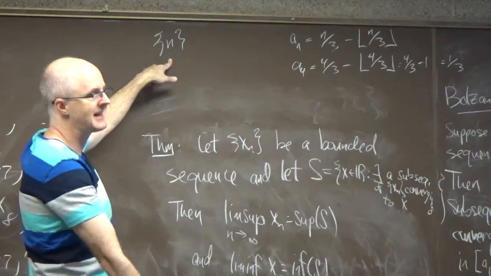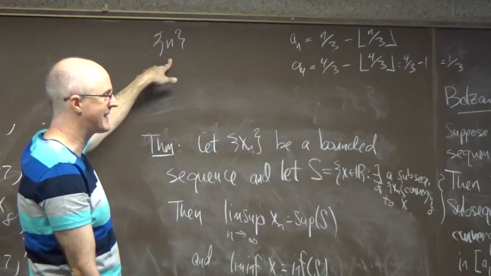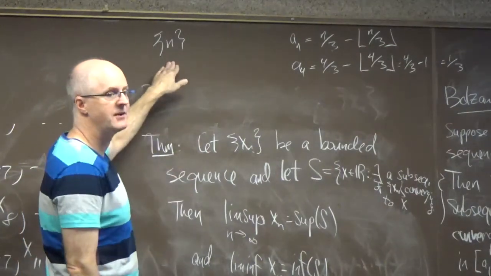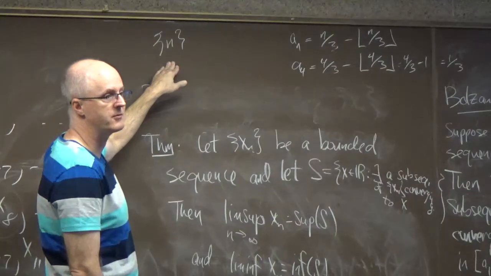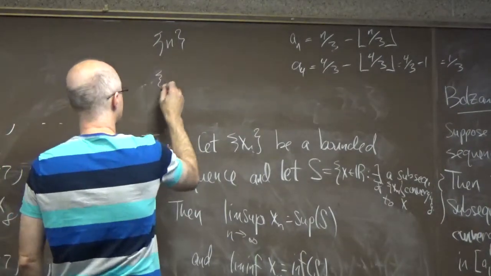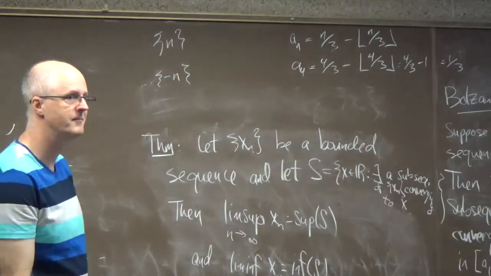So in that extended sense, the lim somehow S is the point consistent with just infinity. No, don't think that way. Just essentially by definition, the Limsup and Liminf of this are both infinity. And if I put a negative sign in front of the n, then the Limsup and Liminf are both minus infinity.